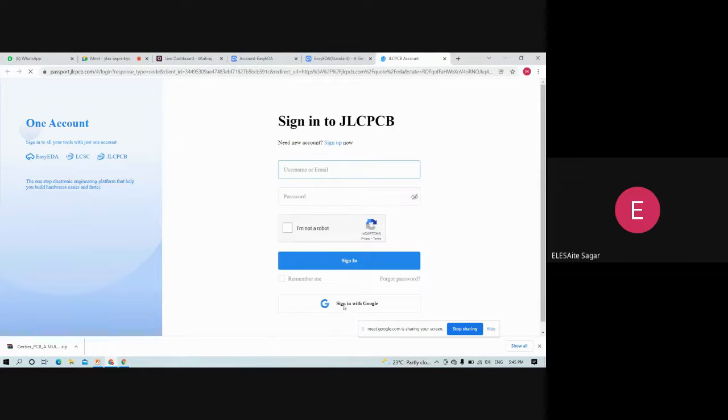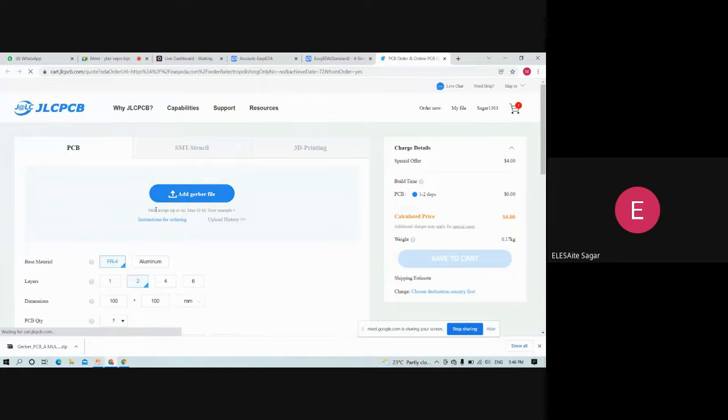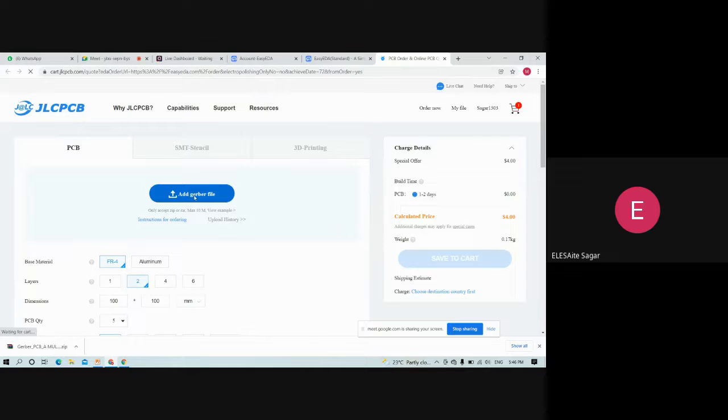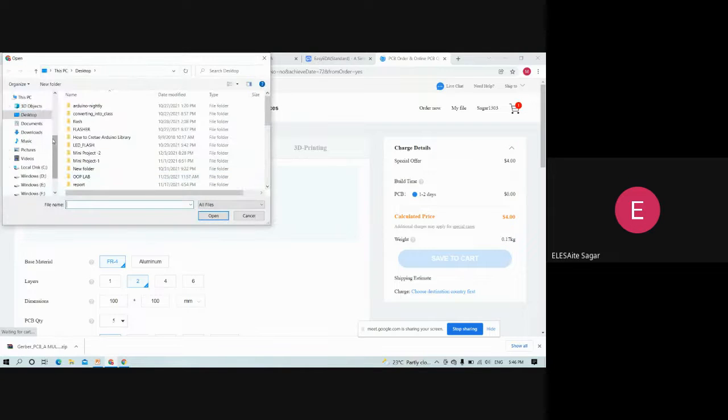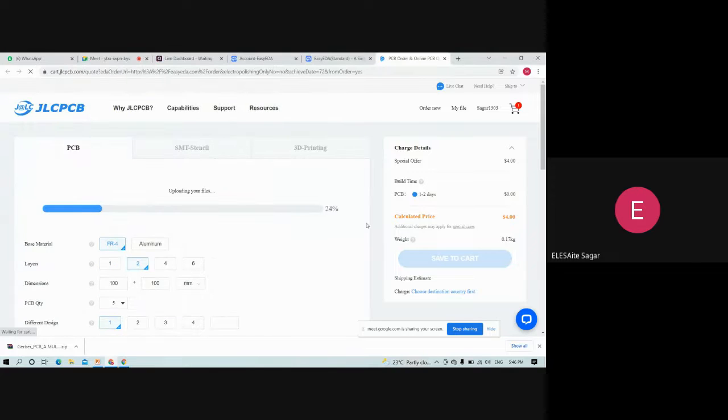It's just a process, sign in with Google. And here we have to add that Gerber file which was generated previously, and then add this Gerber file.